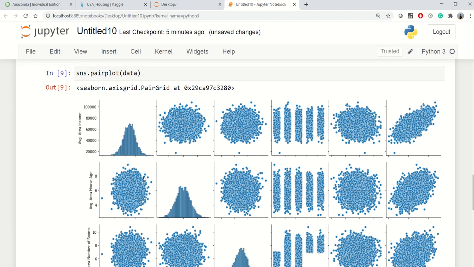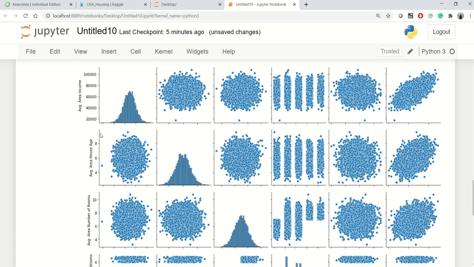Okay, and here it is. We can see pair plot is giving us the information about our data. So we can see this data is nicely normally distributed, and therefore we are getting some scatter plots as well. So we can assume that we can apply the linear regression concept to our data.